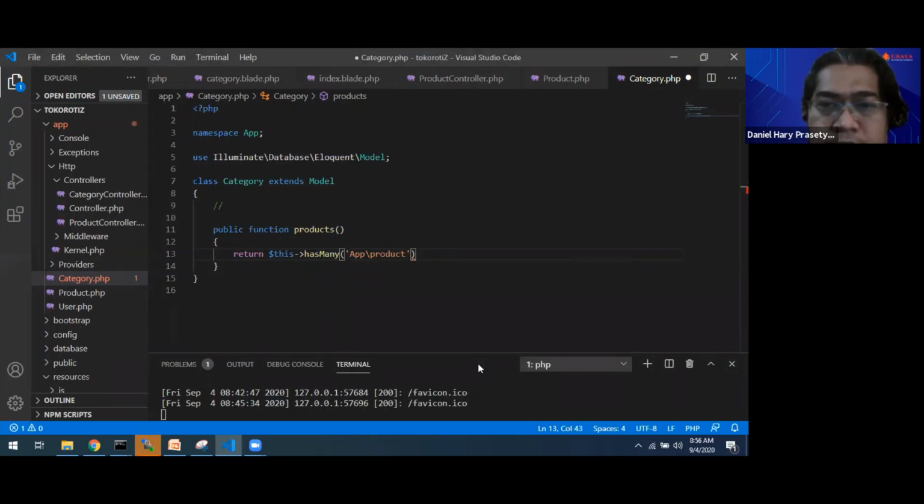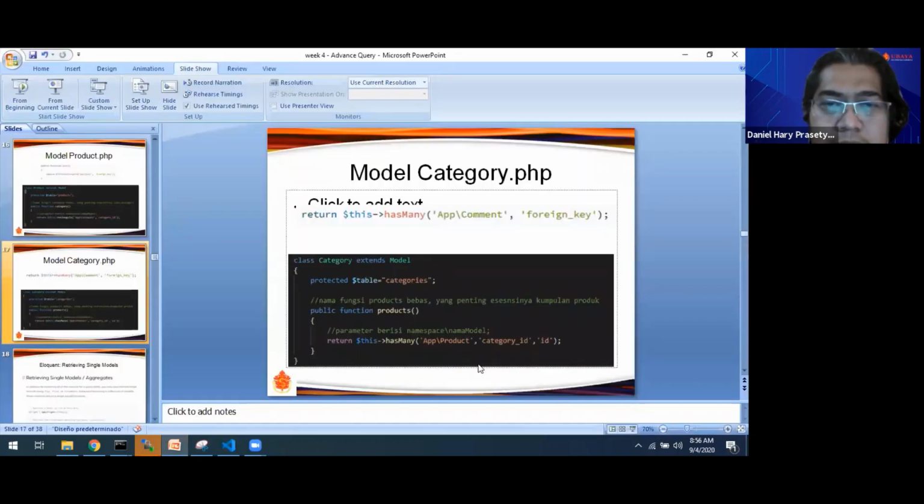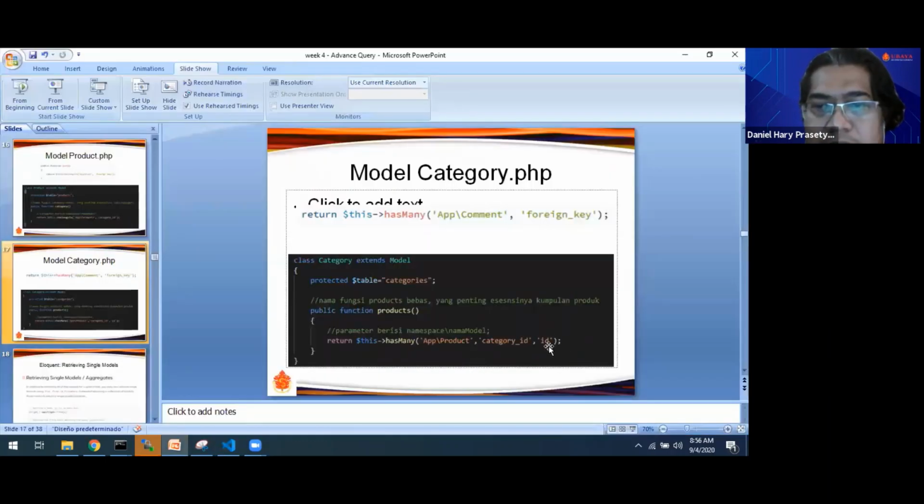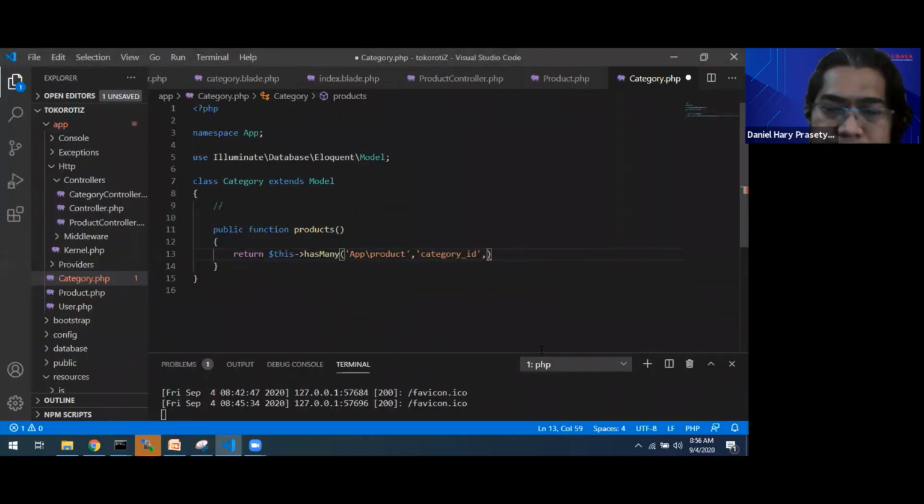In product ID, there is category ID. Maybe the third parameter we do not need to add because it's already in a convention. We will check it later. Just follow the slide first.